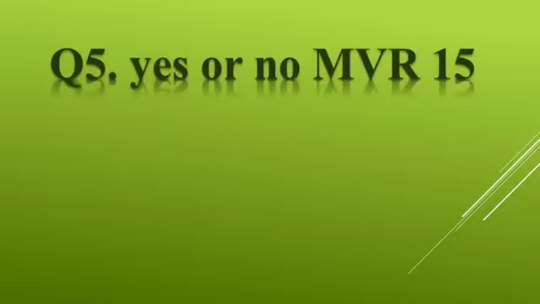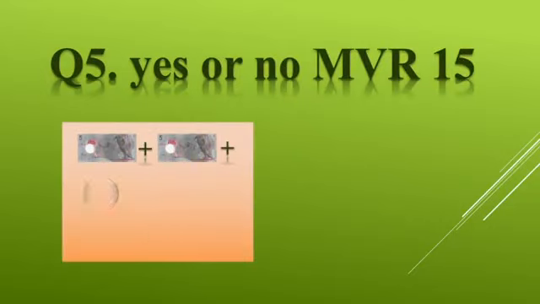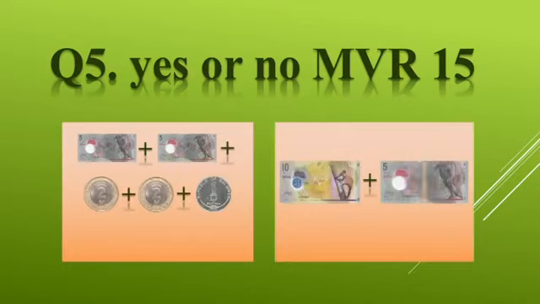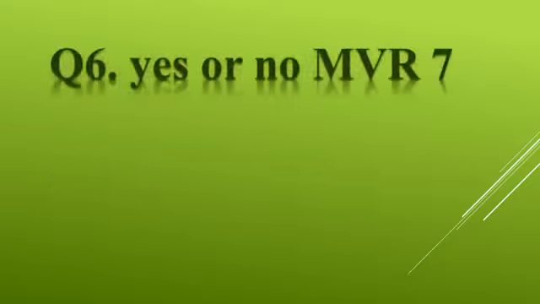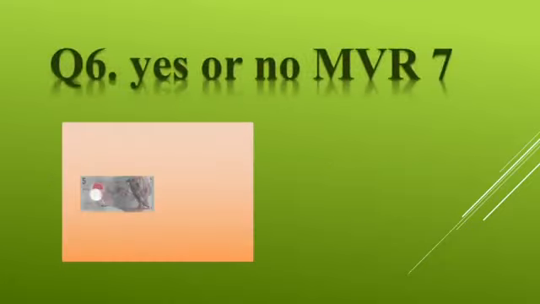So this is your fifth question. What you have to do is say yes or no. Are these 2 ways correct or not? What is your answer? My answer is no. What about you? Yes, very good. Your answer is correct. We can write these 2 ways, right? So your answer is yes. Well done. So students, this is your last question.